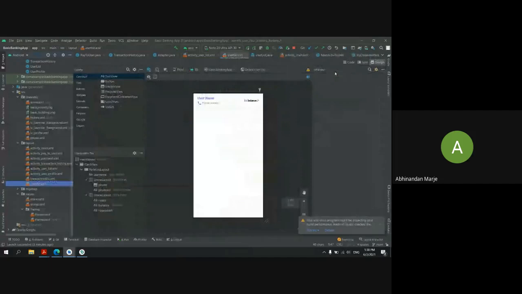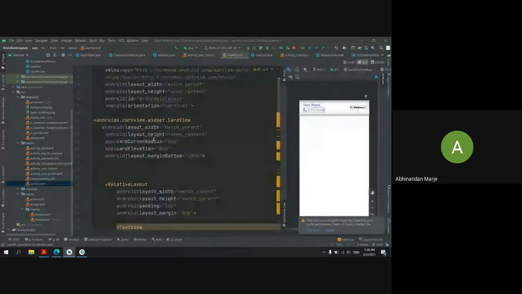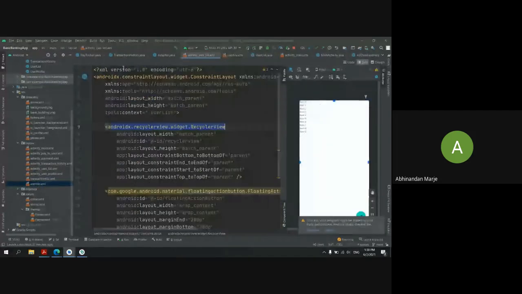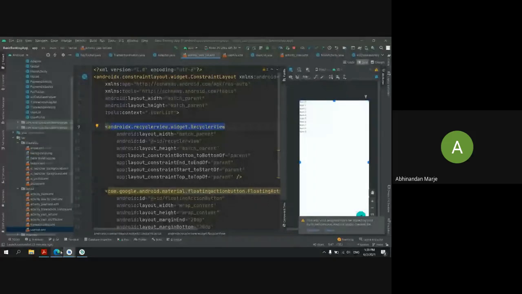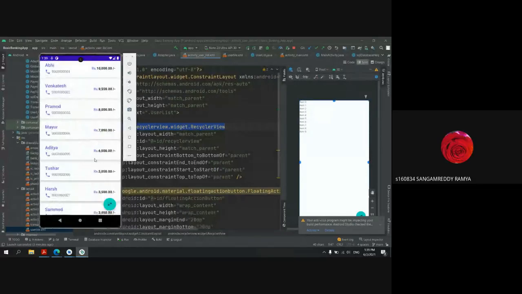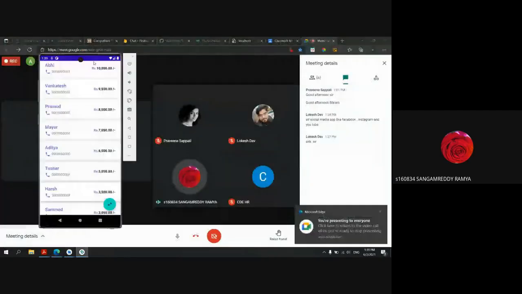It is basically where I'm setting the username, their phone number, and their balance. How can you do that? Using the adapter and view holder of the recycler view. That's the whole other concept. Scroll view only enables the feature to scroll like this. It will not add the data in it. To add the data, you need some kind of list view or recycler view. Sir, I think list view is also better for this, sir.